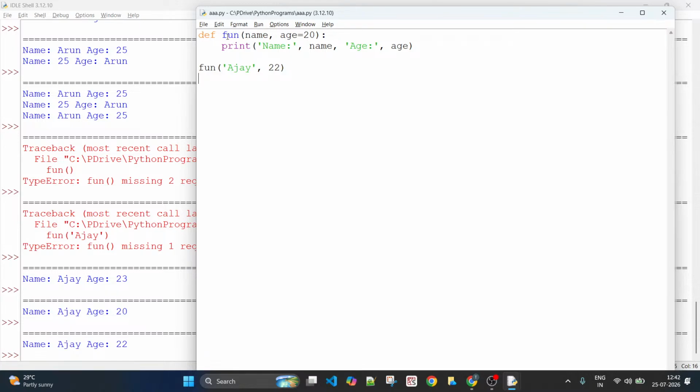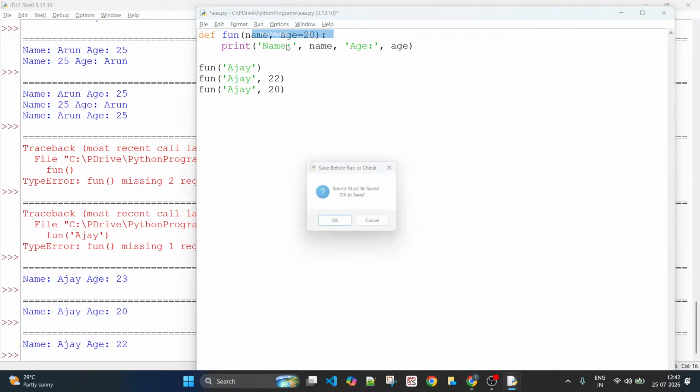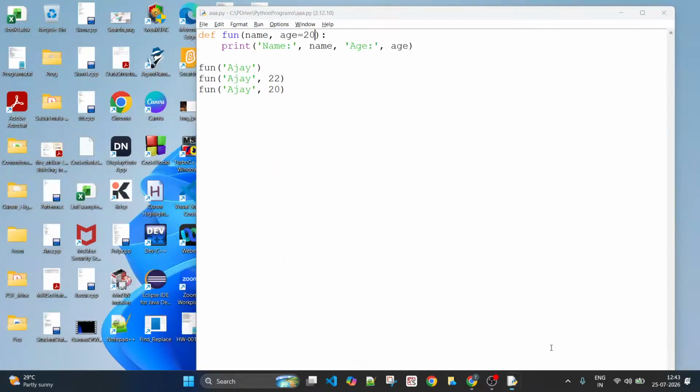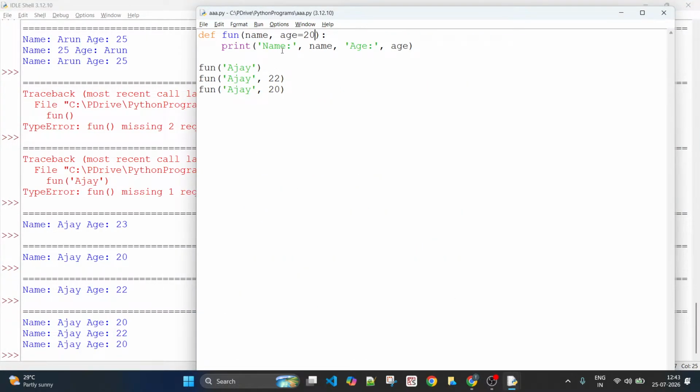Now you tell me, what are the different ways to call this function? Don't pass the second argument at all, because the second argument has a default value. Or if you want to override that, yes, you can override the default. Or if you want to explicitly mention 20 once again, yes, that is also possible. But there is no use. Even this one and this one are one and the same now because the default value is also 20. Make sense?